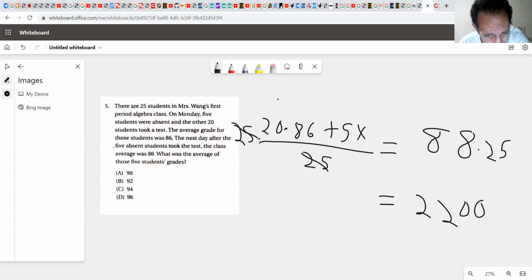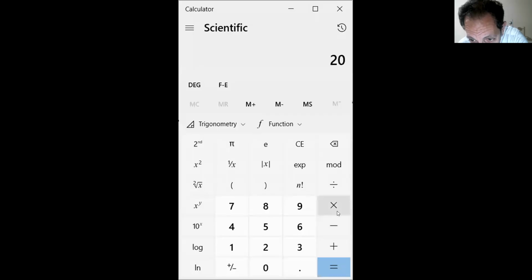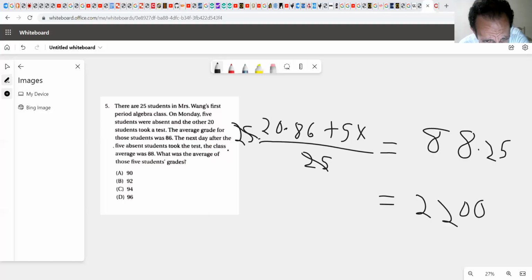Let's look at the calculator again. 20 times 86 gives you 1720. So you have 1720